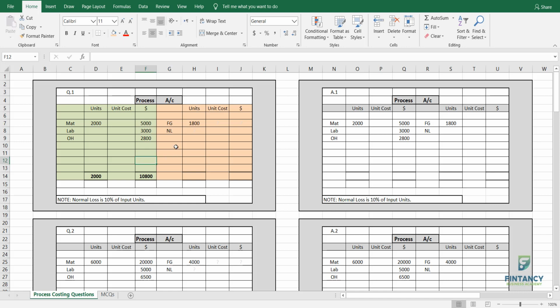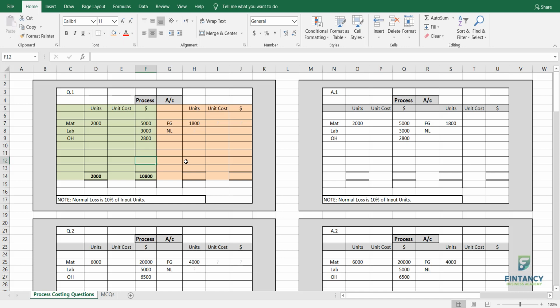So my friends, examiner will not give you a T account like this. Examiner will give you a paragraph, which we will see when we do MCQs, right? Now, you need to remember that for the process costing question, my strategy is that I teach through T accounts. There are other approaches as well, but you need to follow the T account approach. This is the best approach you can do, and there is no chance of mistake if you do it properly.